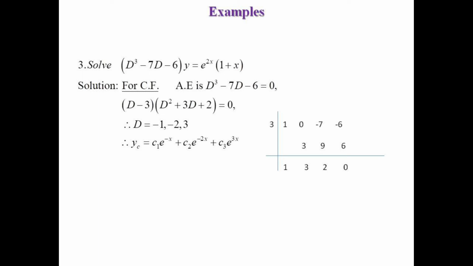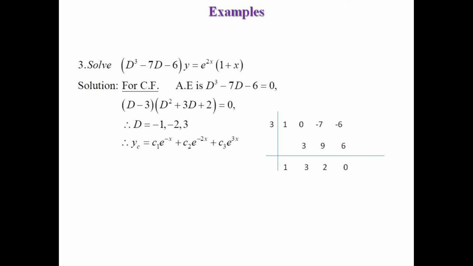So we get the roots of this equation as D is equal to minus 1, minus 2 and 3. Whichever factor you start with, minus 1, minus 2 or 3, you will get the same unique roots. These roots are real and non-repeated. So the value of the complementary function is c1 e raised to minus x plus c2 e raised to minus 2x plus c3 e raised to 3x. Once again, for solving by the synthetic division method, we may try different factors, which may be minus 1, minus 2 or 3.